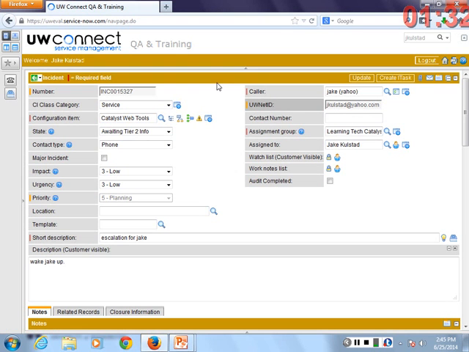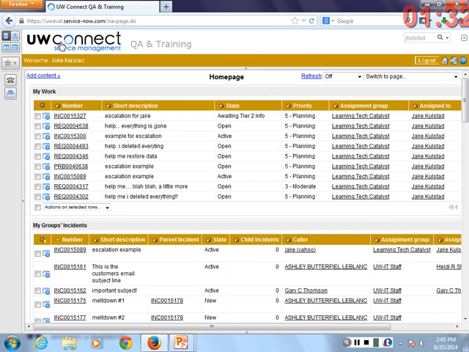OK, what's going to happen is this incident is going to stay in this state until the incident task is updated. Any update to the incident task is actually going to trigger this back or toggle it back to active. If you guys all stay on the incident for me here, I want to show you what that looks like to someone who's actually at the help desk.